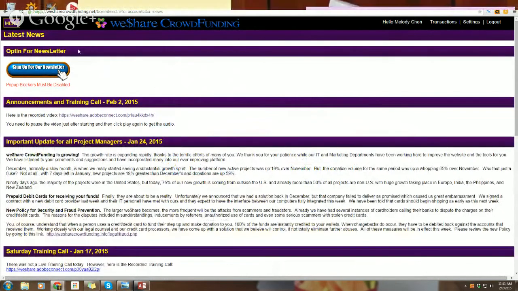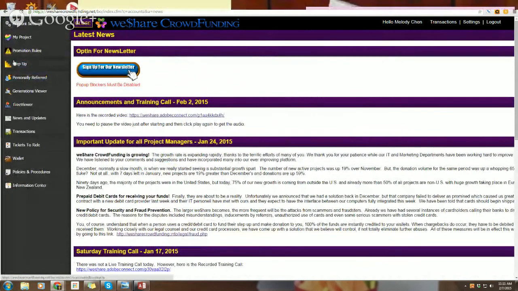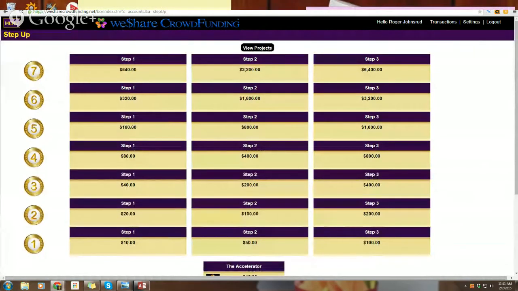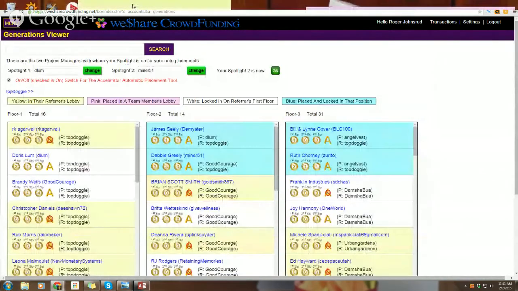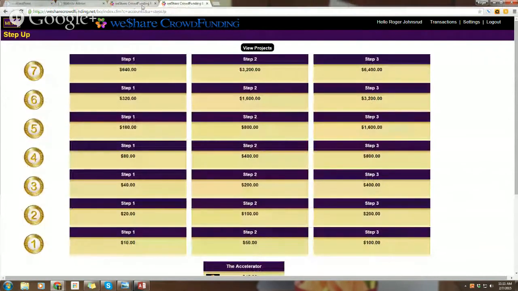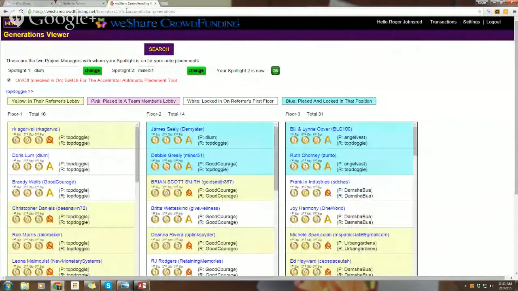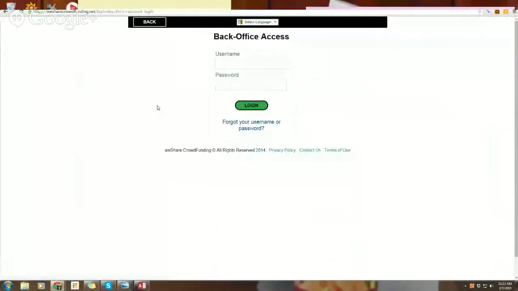Now I'm going to quickly switch over and show the other part of your tools, and that is your step up. So when you go do step up, you click on your menu and step up, and you notice that you can click on your different projects here and view your projects. Now I went to the wrong one here. I'm on the wrong one. So I'm not going to be able to show that step up here at this time. But basically, when you do your step ups, you should be